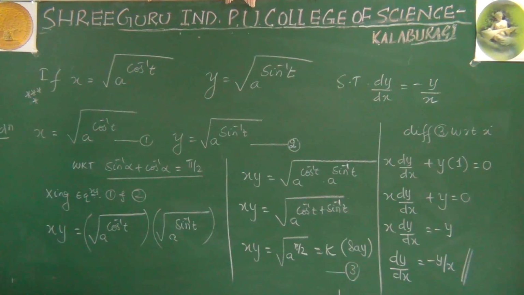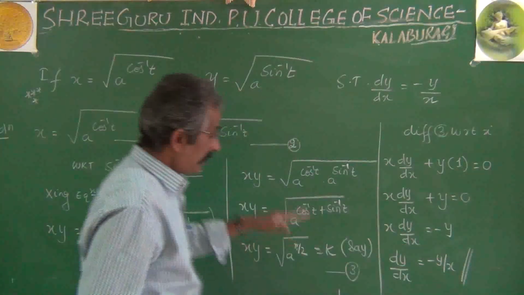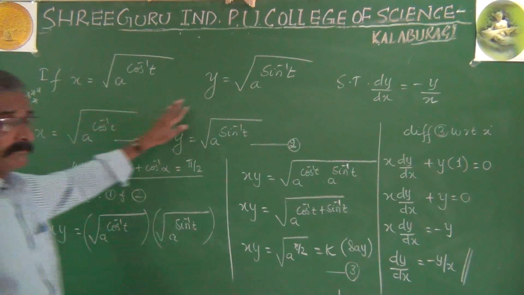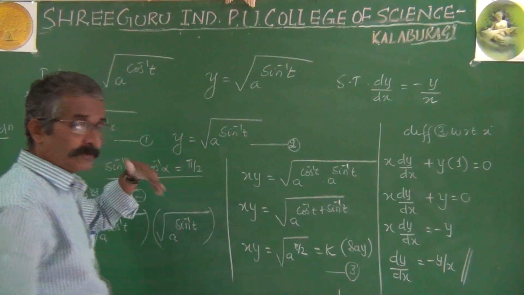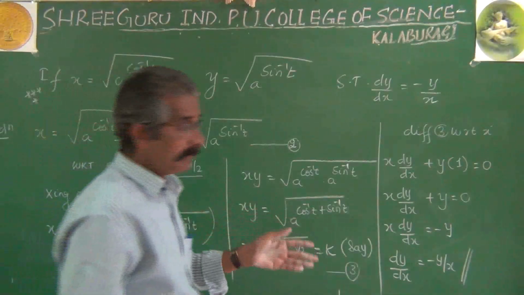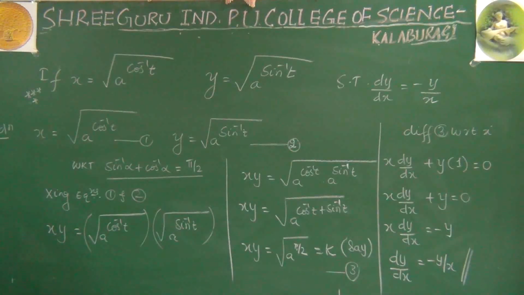So you can realize that if we solve this problem in parametric form, there is no problem to get this answer. But our steps, our method, will definitely be very complicated. You can treat this as a special problem. If this problem is given, better multiply, then use the formulas of inverse trigonometric functions. Lastly, you will get dy by dx equals minus y by x. Right? The next problem.